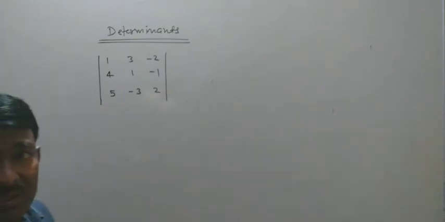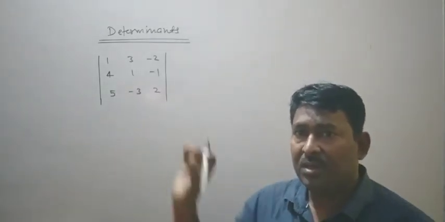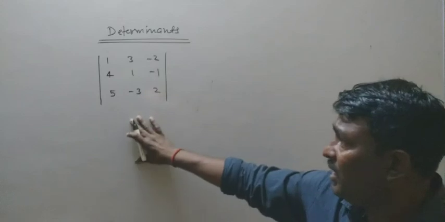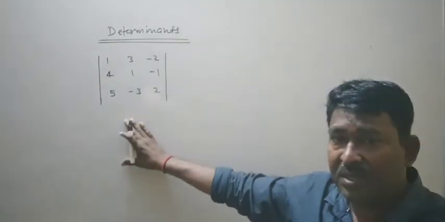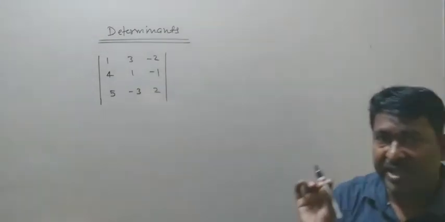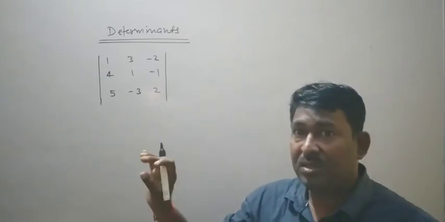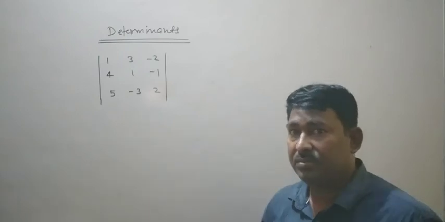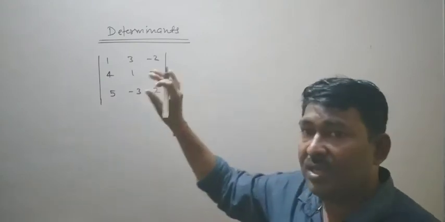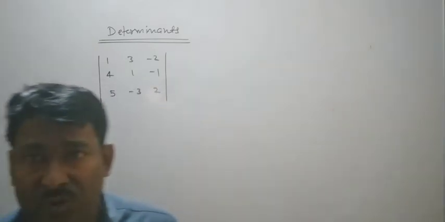Here you can expand a determinant by taking any one of the rows or any one of the columns. Okay, you have to be quite clear. You can evaluate the value of a determinant by using any column or any row. My advice is that you should prefer that column or that row in which more zeros are there. Otherwise there is no foundation. You can expand it by taking any one of the rows or any one of the columns. There will be no effect on the value.